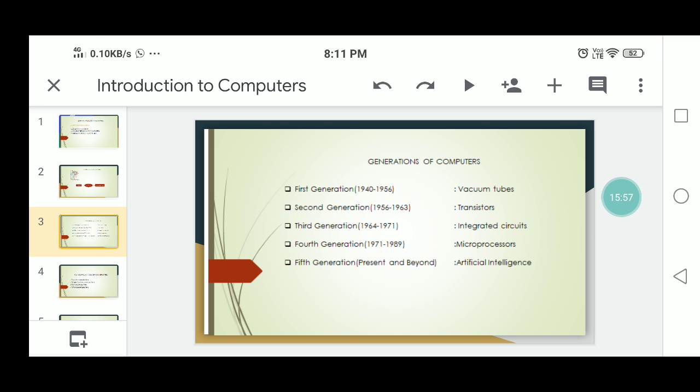So these are the transistors, resistors and capacitors that were miniaturized and placed on silicon chips. These are called integrated chips. These chips were smaller, less expensive, more reliable and faster in operation. So they consumed less power and generated less heat than the components used earlier.